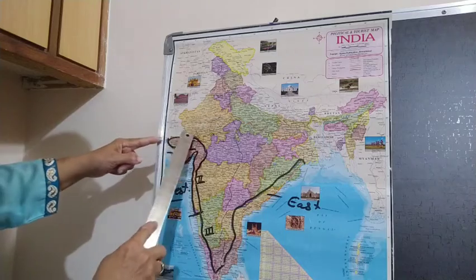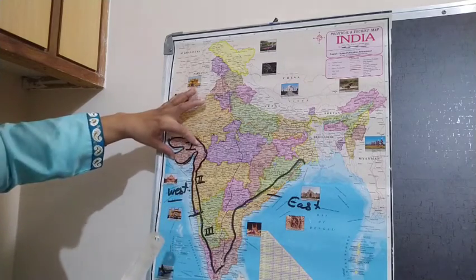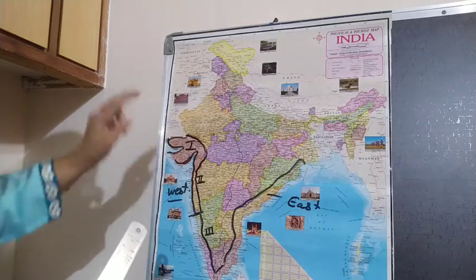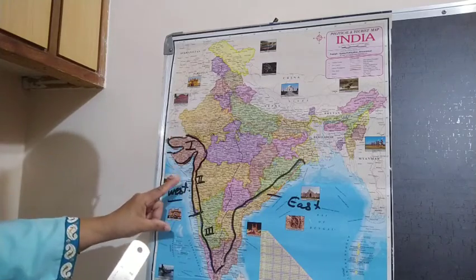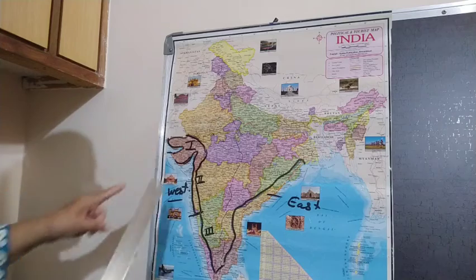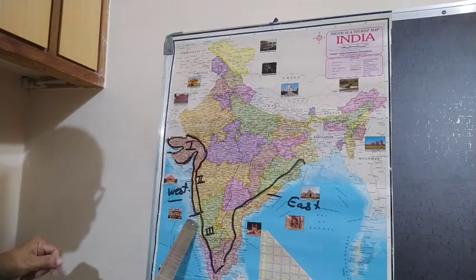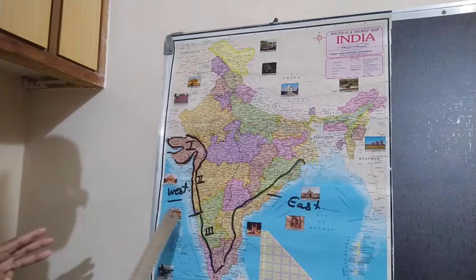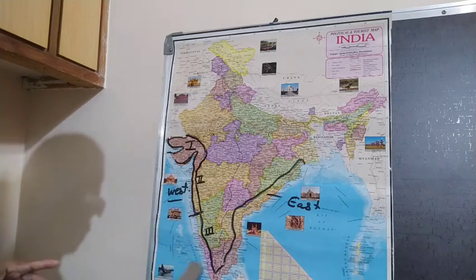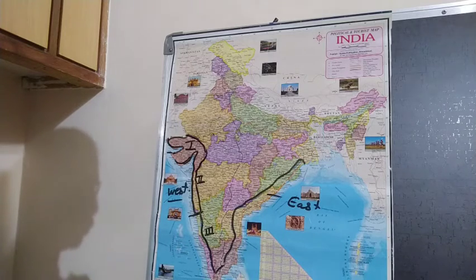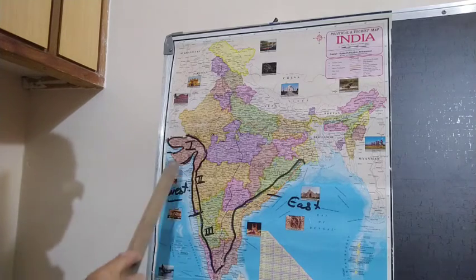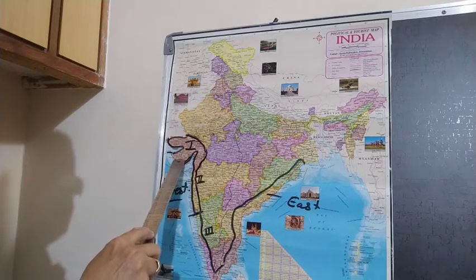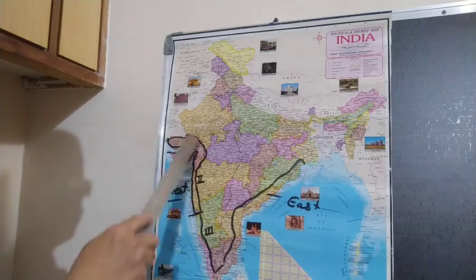Now the Gujarat coast, see the Gujarat boundary, this much is the Gujarat coast first. Then the second part is the Konkan coast, which starts from the Gulf of Khambat to Goa. And then the third is the Malabar coast, which starts from Goa to Kanyakumari. And you know Kanyakumari's another name is Cape Comorin also. Now Gujarat, everybody knows about Gujarat because it is your home state and you know about the Gujarat coast.